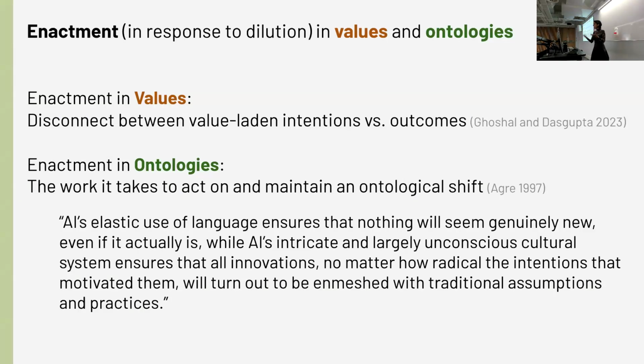Oftentimes if you bring something like this into AI and turn it into a metric, it's going to lose all of its nuance. It's going to turn into another metric, another checkbox, like we have seen with values. It frequently becomes that, which maybe serves some baseline level, probably better than nothing. But also, do you want it to turn into that? I'm not sure, but it's also not mine to decide, right?